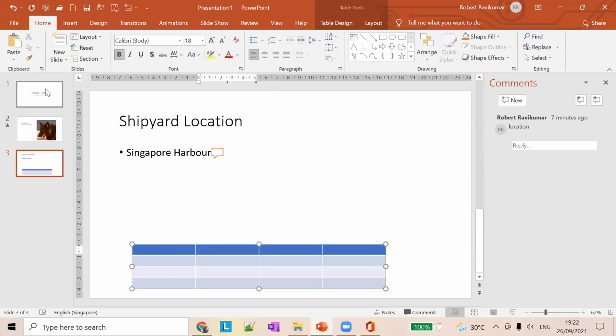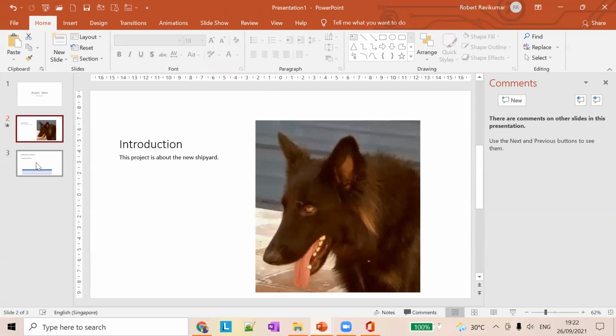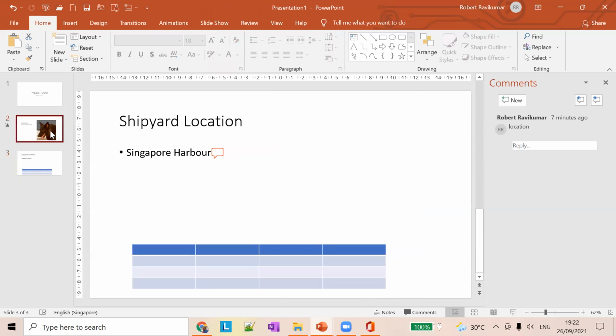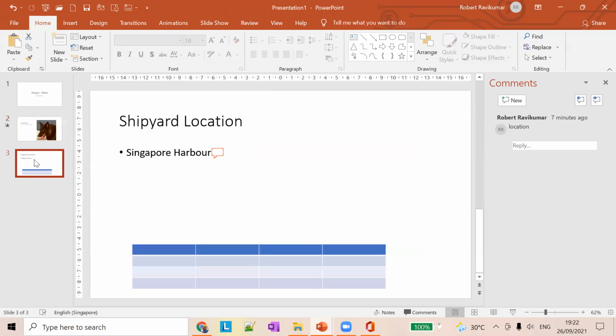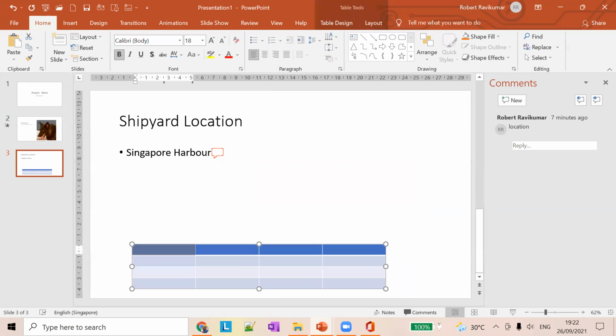I want you to add 3 slides. One with the title slide, next to the introduction, next to this layout with a picture. You have to choose a layout with a picture in it and add a picture to it. Then you add another slide. You can just say whatever you want. You just add a title and some content related to that.